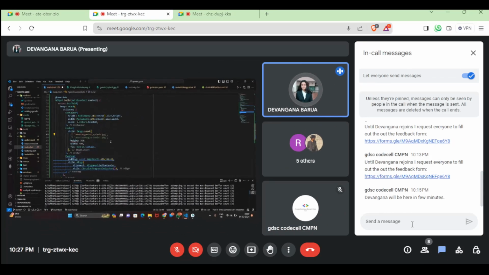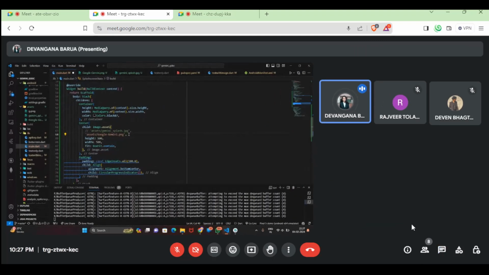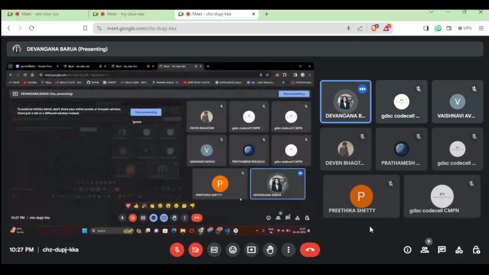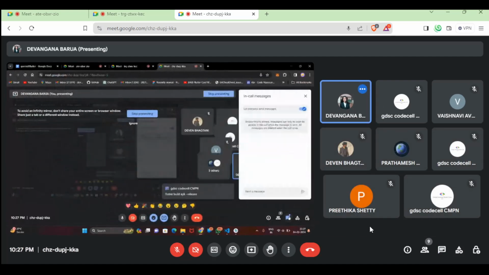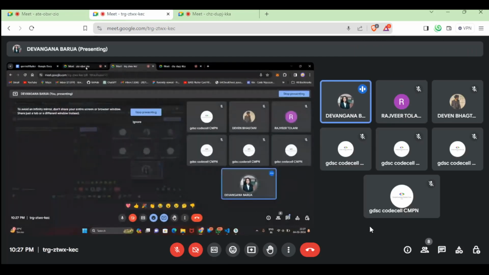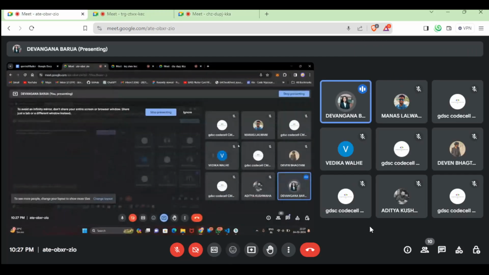So it will create your Flutter APK file, which you can share with everyone. You can share it with your friends. You can tell them that you have built this project, and you can also add this to your resume because